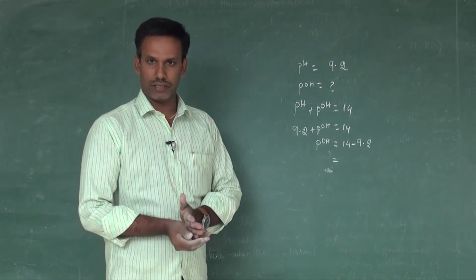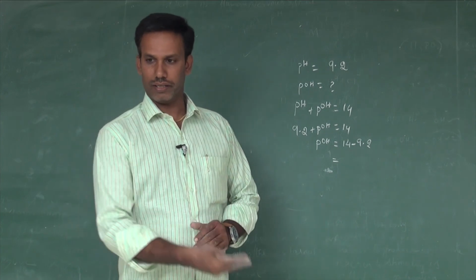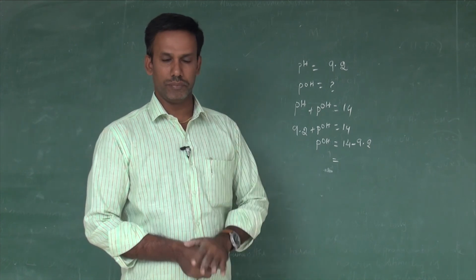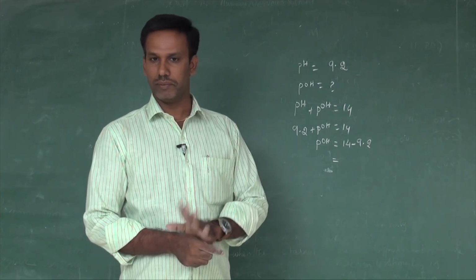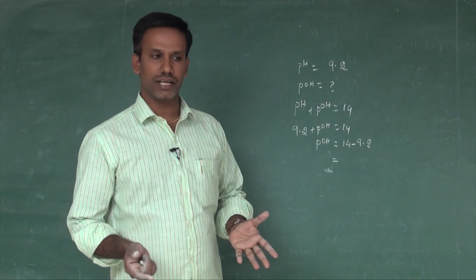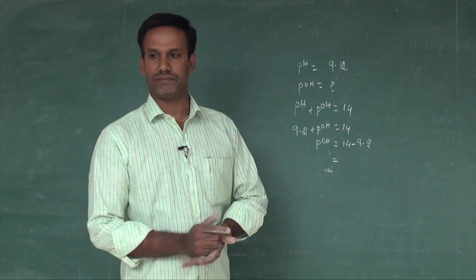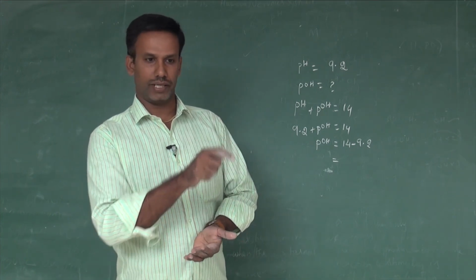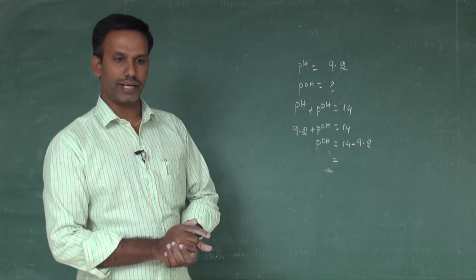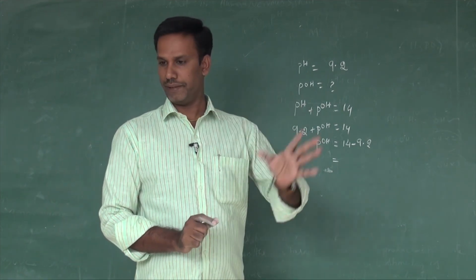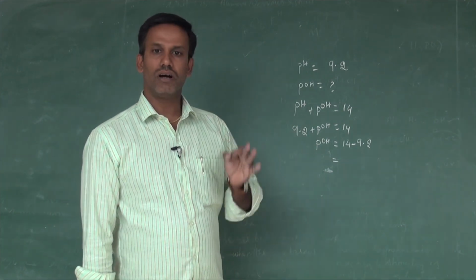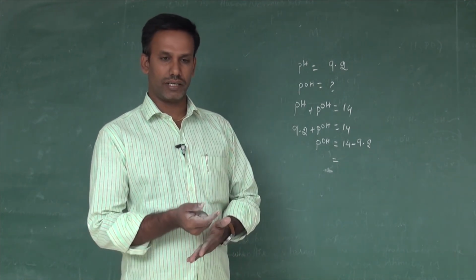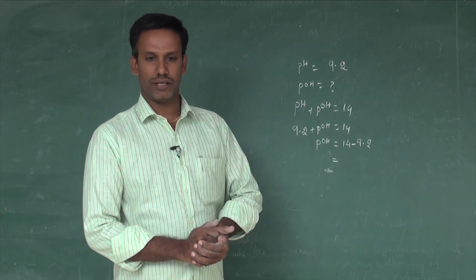So let me conclude the session. Today in this period we have seen what is equilibrium, what is the state of equilibrium, and what the characteristics of equilibrium are. After that we saw the ionic product of water, its units, how we can determine it, and the derivation for the ionic product of water. After that, the pH scale, what pH is, how you can calculate it, and the importance and main role of pH in our day-to-day life.